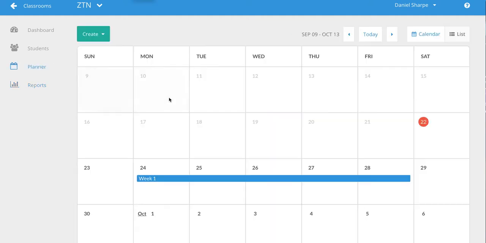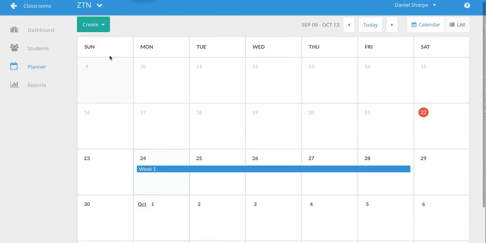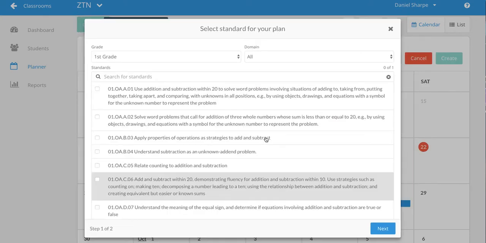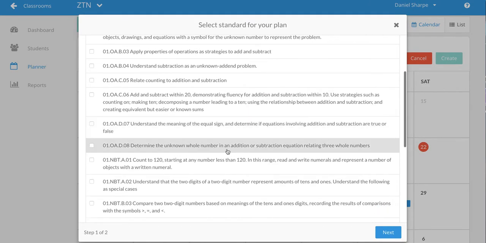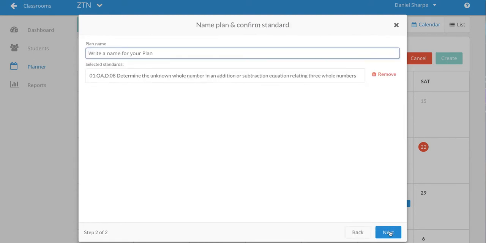The planner tool allows you to look ahead to see what skills you'd like kids to practice during what time. So I can create new assignments, quizzes, plans. So a plan, for example, kids will work through specific skills. You can tie them to your state standards or Common Core. You just select the standard, click next,